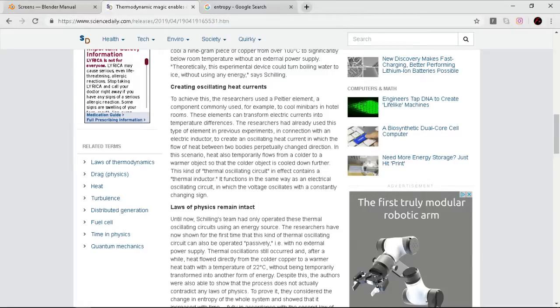The researchers had already used this type of element in previous experiments in connection with an electric inductor to create an oscillating heat current in which the flow of heat between two bodies perpetually changed direction. In this scenario, heat also temporarily flows from a colder to a warmer object so that the colder object is cooled down further. This kind of thermal oscillating current circuit